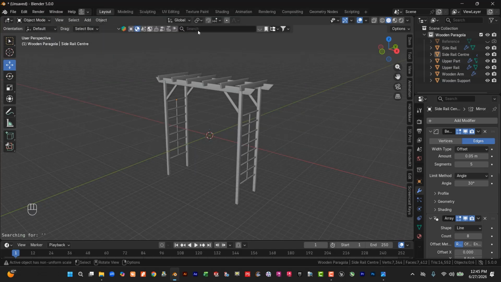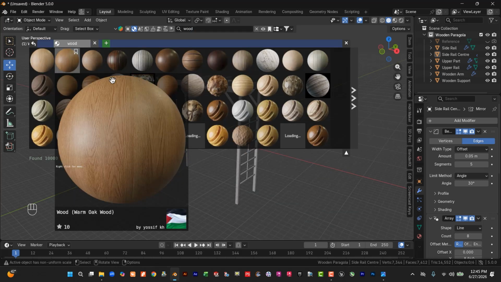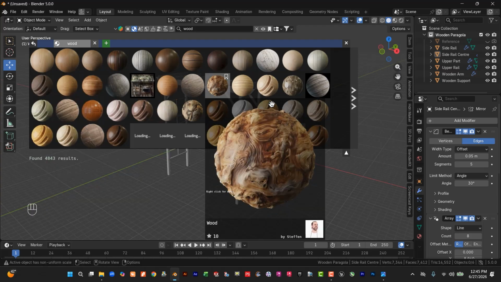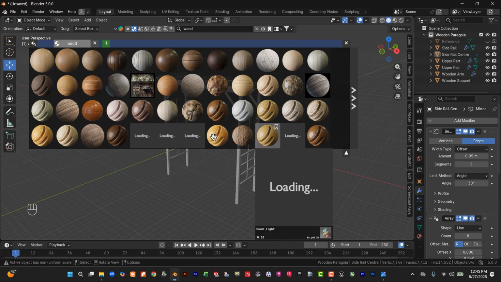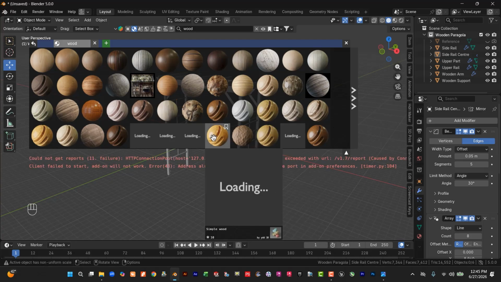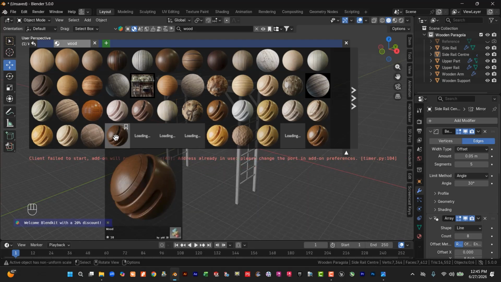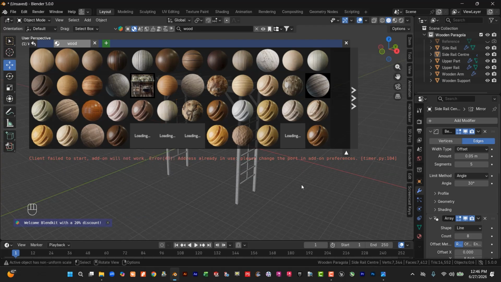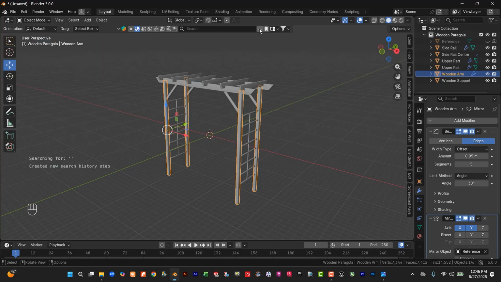So we have to search here for wood. I'm using a little bit shiny, something like so. Yeah, this one is actually what I'm looking for. So select. I have to select this portion and apply this material. I have to hide this one. For now we don't need this,